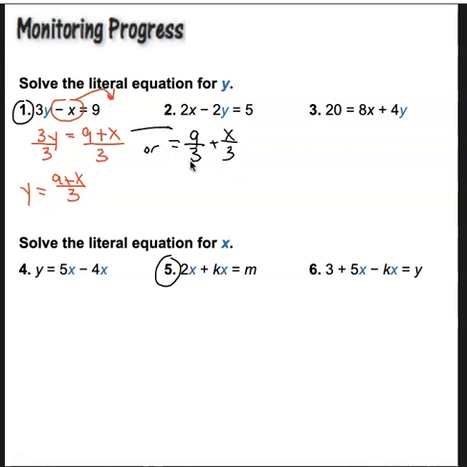Alright, and I want you to recognize the difference. And you would get y equals 9 divided by 3 is 3, plus x over 3, or y equals 3 plus 1/3 x. All the same thing. Now, I want you guys to be careful here, because when you write this on a calculator that doesn't have a fraction piece, if you write 9 plus x backslash 3,